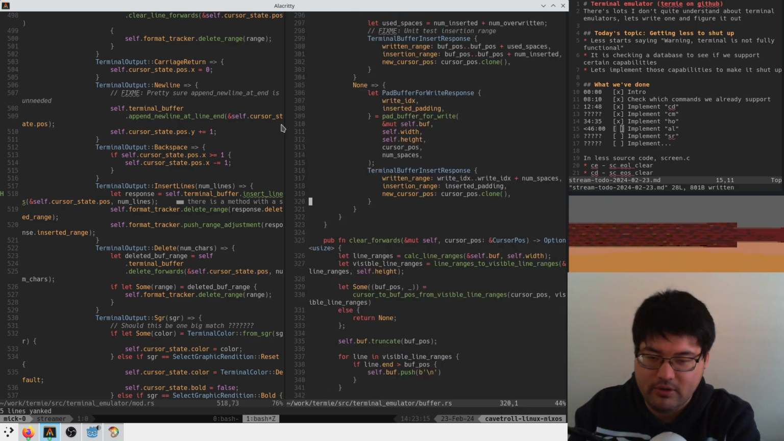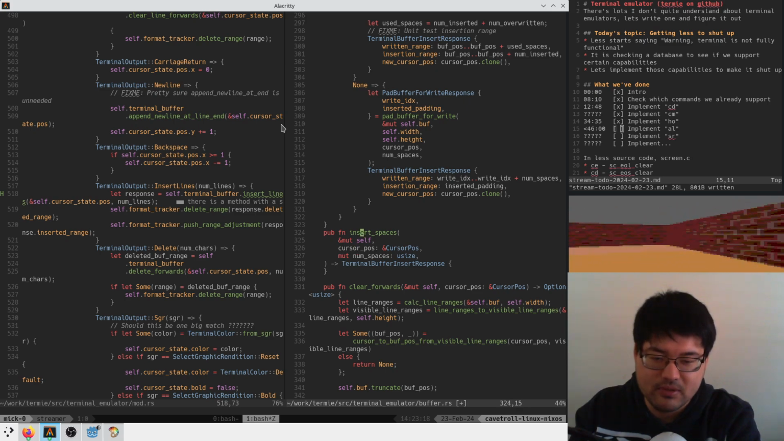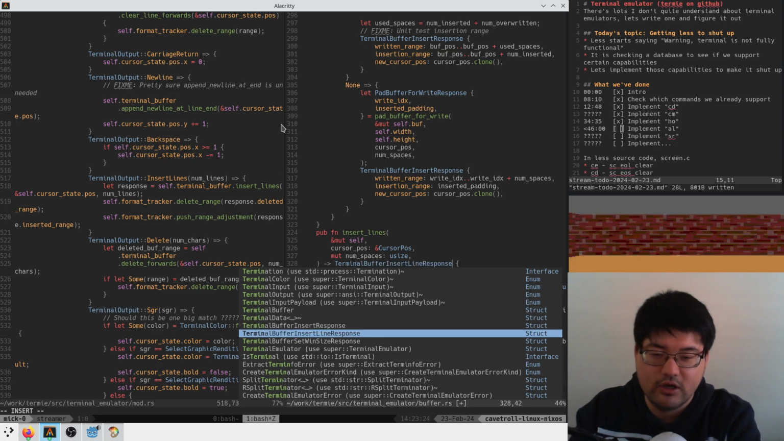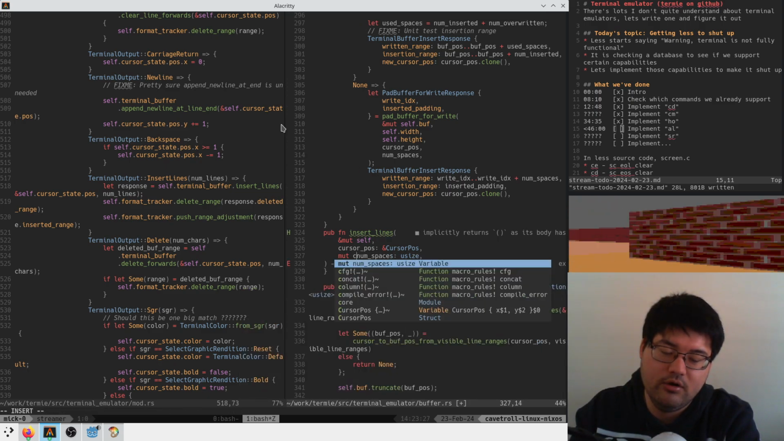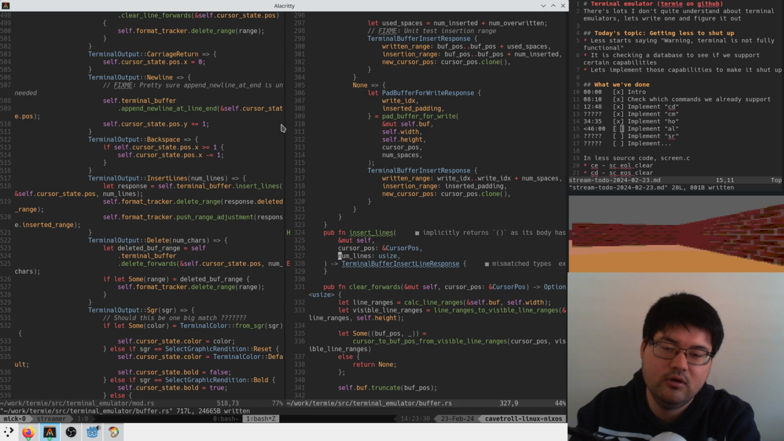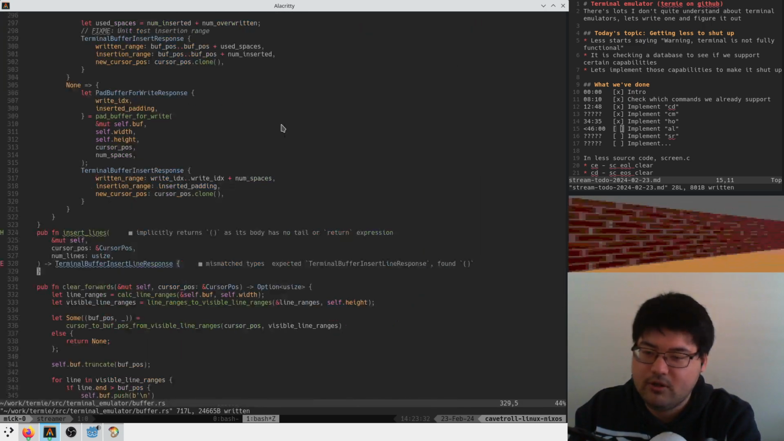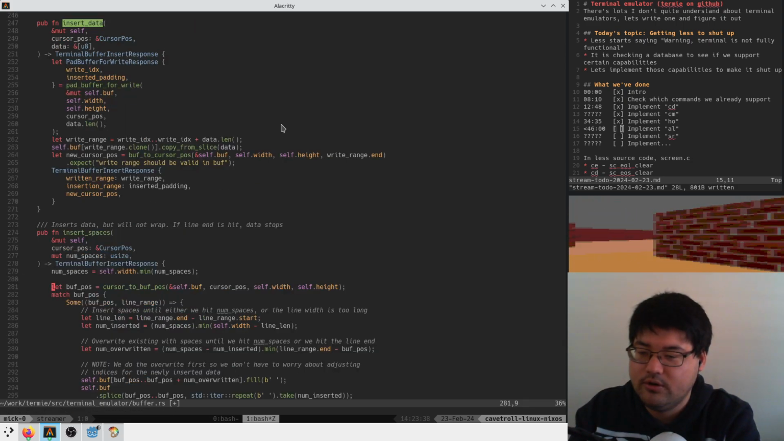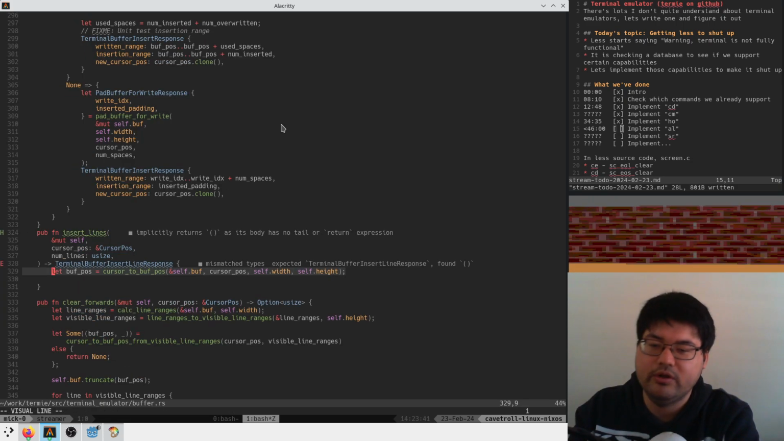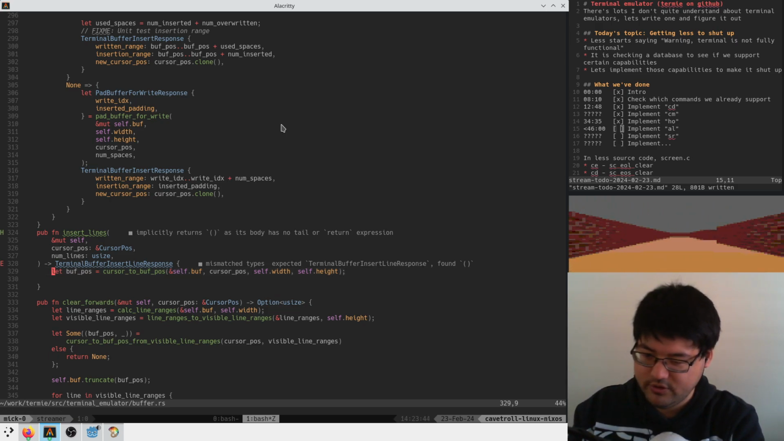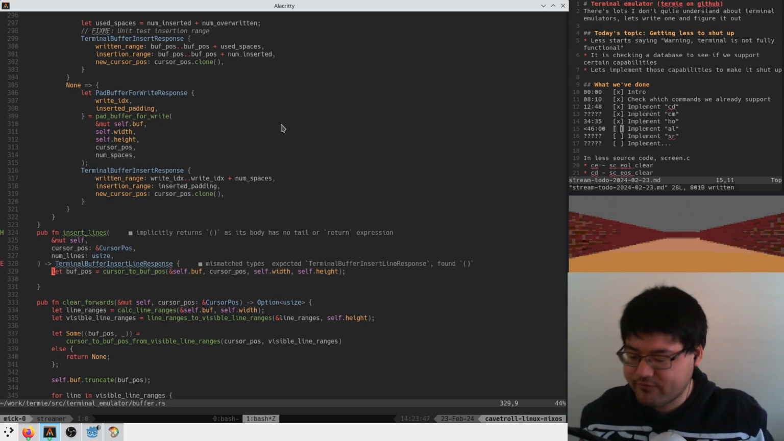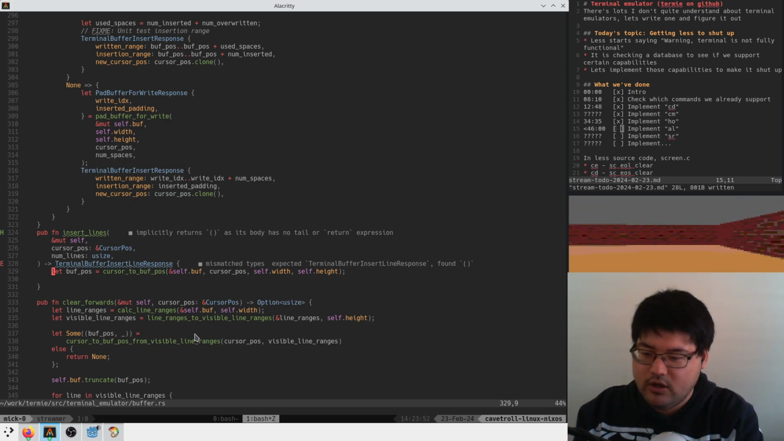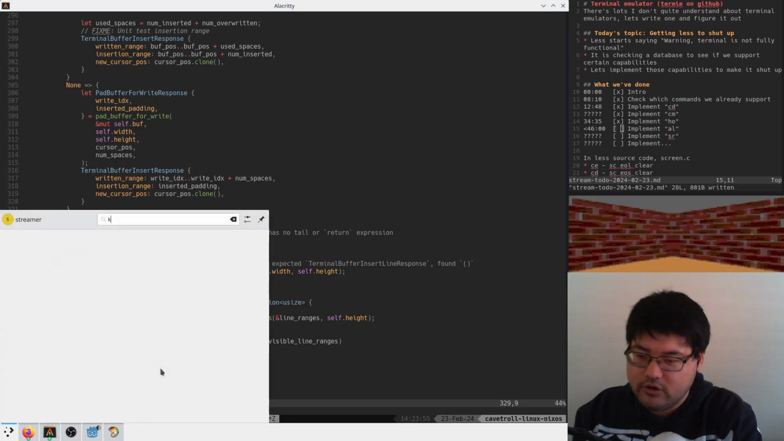So we'll use this copy paste, and this is going to be insert lines, and it's going to be terminal buffer insert line response. Okay, and so this is now not num spaces but num lines. And now think about what are we doing here? We're going to have to say where we are relative to the current cursor position. Because our buffer is stored as just a string, right? And the reason that we do that is because when you hold on, hello